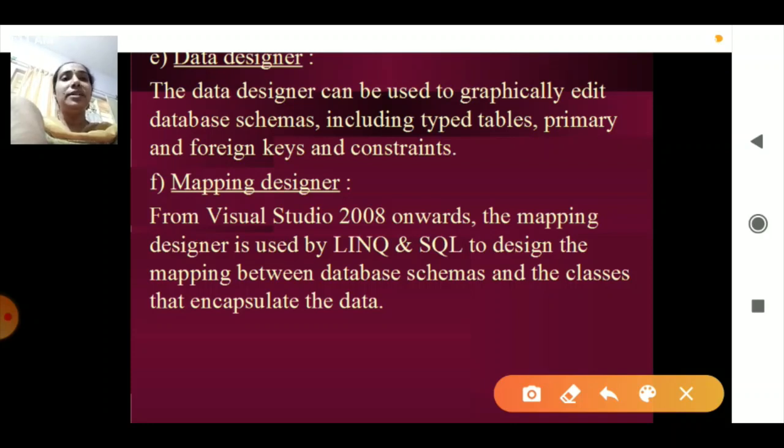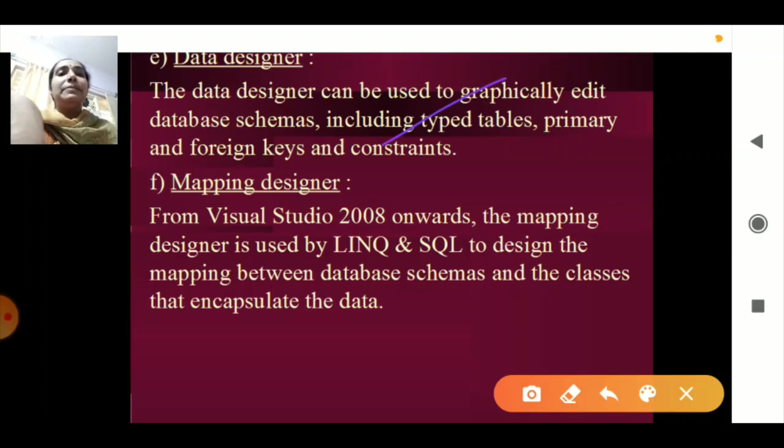Whatever data you enter into the table or form should be entered into the database. That concept is helped through the data designer. I will be linking to various SQL files, Oracle database files, or whichever file you are using, through this particular data designer.